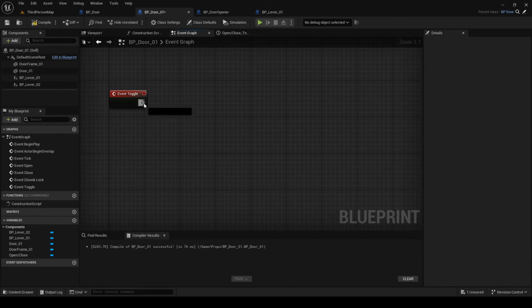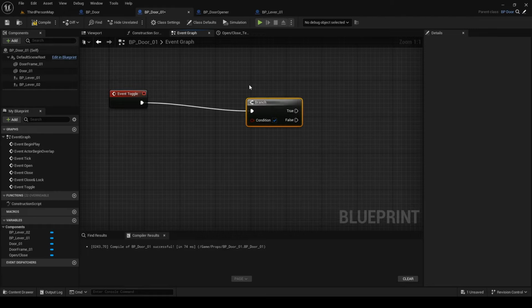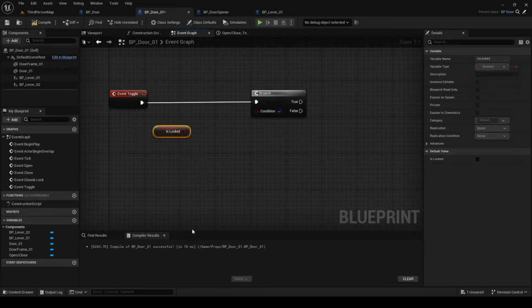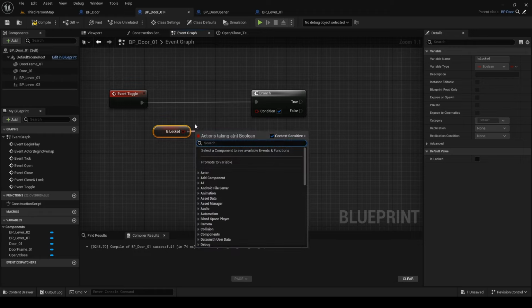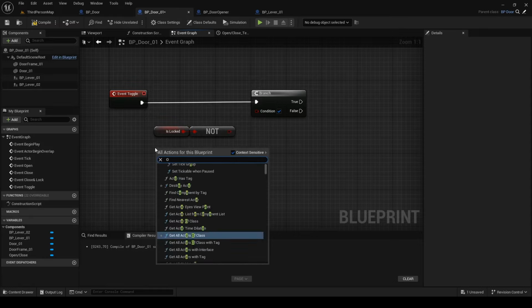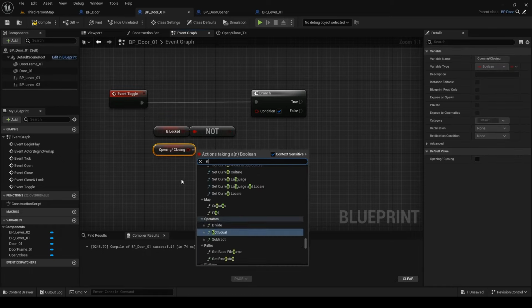First, we must check if we can toggle the door state, so add branch. We need to check if the door is unlocked, so add get is locked, and to it add not boolean. We also want to change the state of door only if the door is not in the changing process, so add get opening/closing and add not boolean as well.